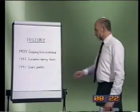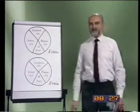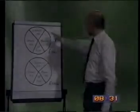So let's turn now to a brief overview of our main markets. If you look at this chart, you'll see our slice of the pie, which in the European region,